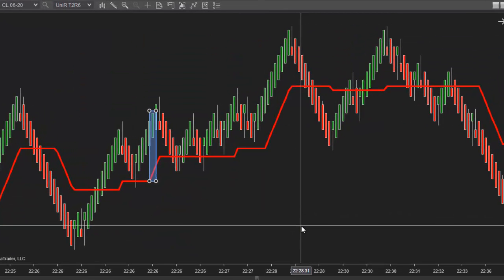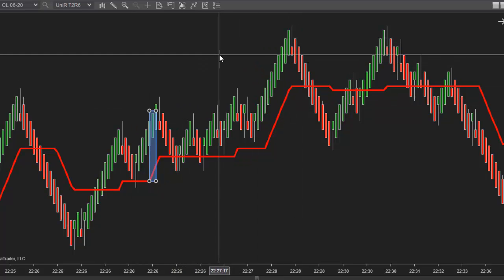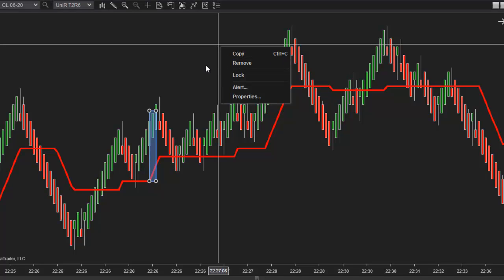To find the market's direction the easiest and quickest way, and also important highs and lows. Alright, in this case we have a CL chart with